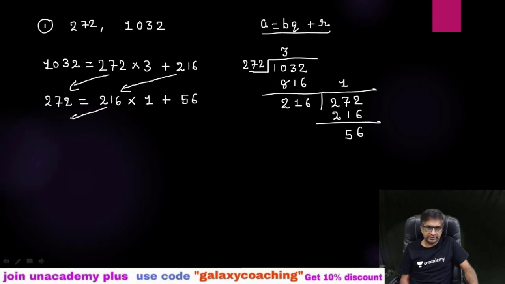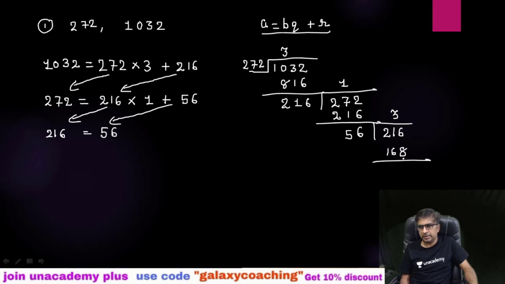So now again you take this term as your A and this remainder as your B. Again we need to divide 216 by 56. If you multiply with 4, 5 4s are 20 and 6 4s are 24, that will be 224, that is greater, so we are going to multiply with 3. 6 3s are 18, carry 1, 15 and 16, so 16 minus 8 will give you 8, 10 minus 6, 48. So 56 into 3 plus remainder 48.